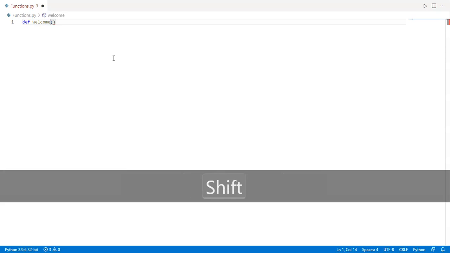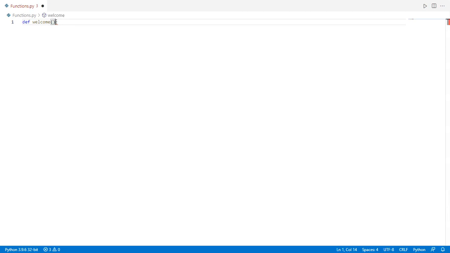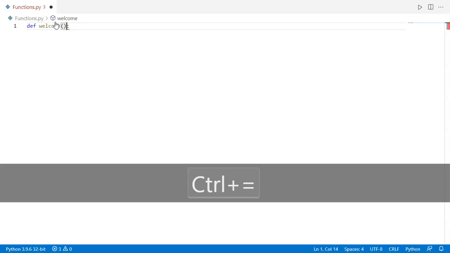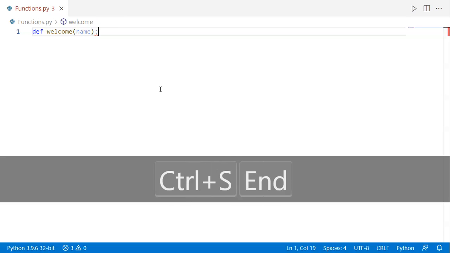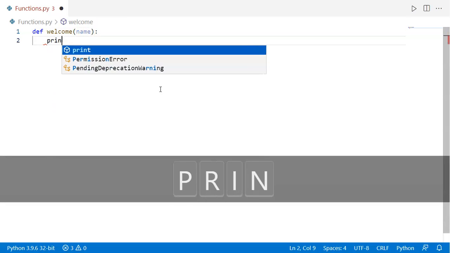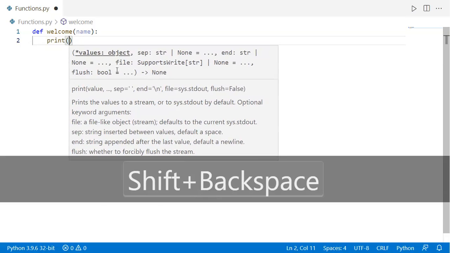Welcome, same name, but something different. In here I am typing a parameter called name. Then I will type print here.